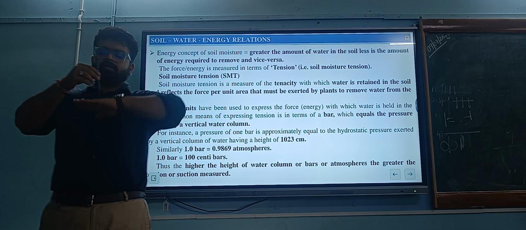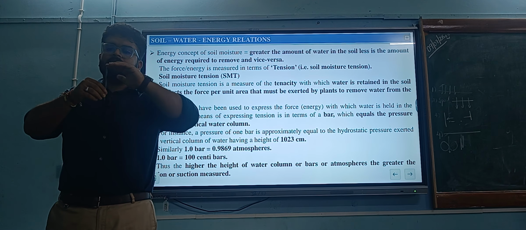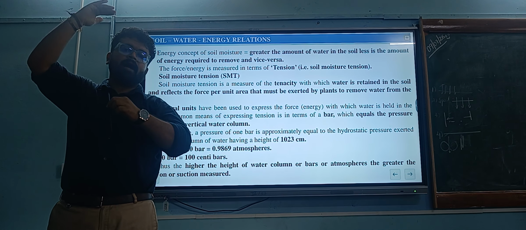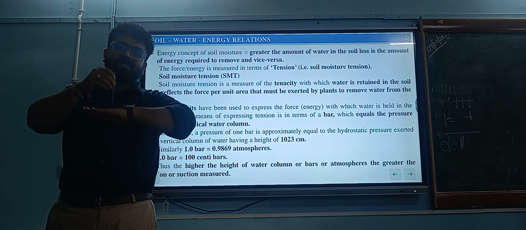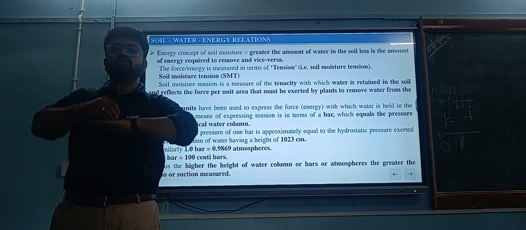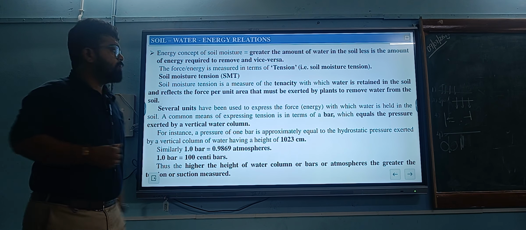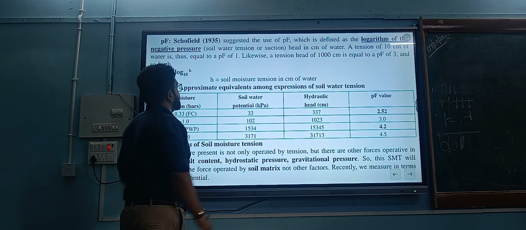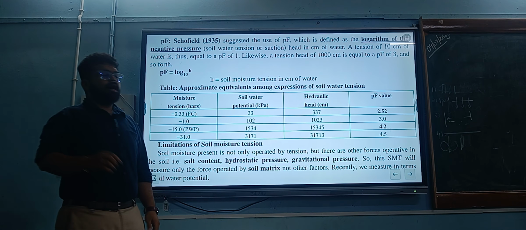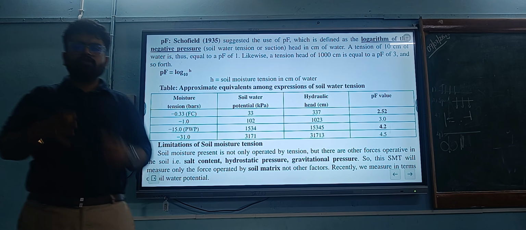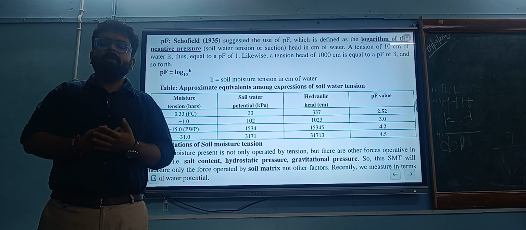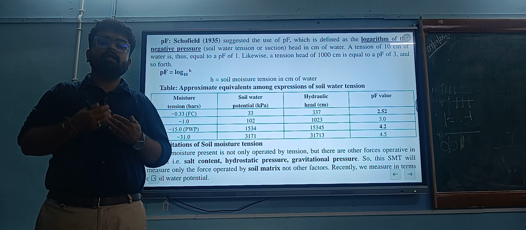This is a water column. The higher the bar length, the more will be the pressure exerted to remove the water from the soil to the plant. Soil moisture tension, we used the term bar, but expressing things in bar, the value becomes